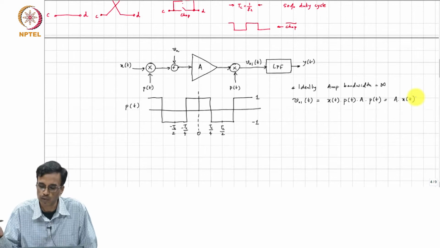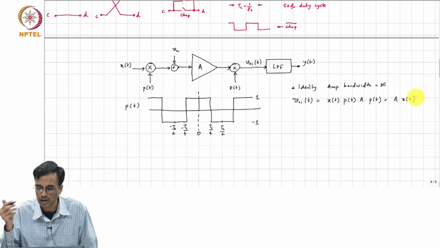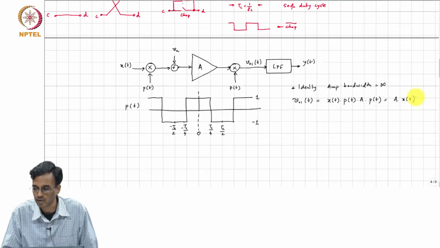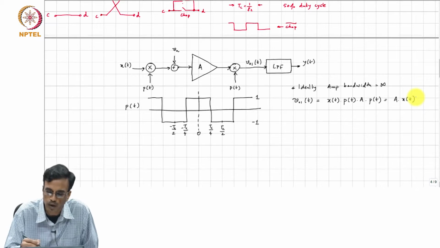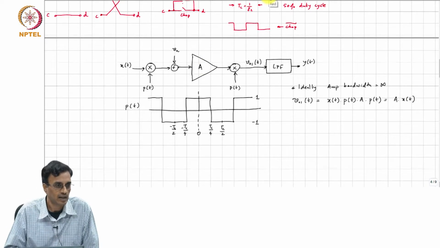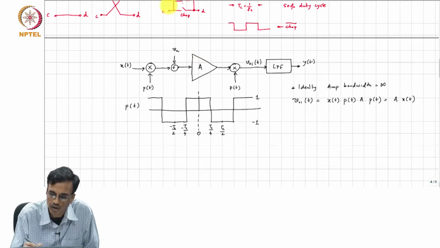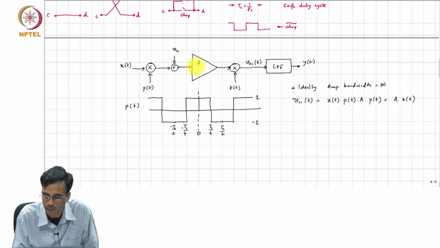It on average will be 0 because the low pass filter is going to remove this, right. So, basically under ideal circumstances it works. Now, the question is what happens, of course, we know that in the real world no amplifier is going to have infinite bandwidth. So, the question is okay, let us see what happens when you have an amplifier with a